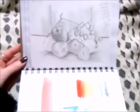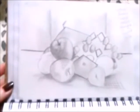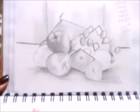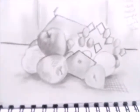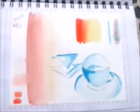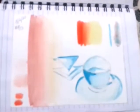So I was trying to just do something a little bit different, some pieces that are quite quick. That's one of my first tips, is to do some pieces that literally only take you a couple of minutes. Don't put too much thought or time into it, just go with the flow. Here are some tester sheets I did in watercolour, just doing some blends, some gradients, and really just doing